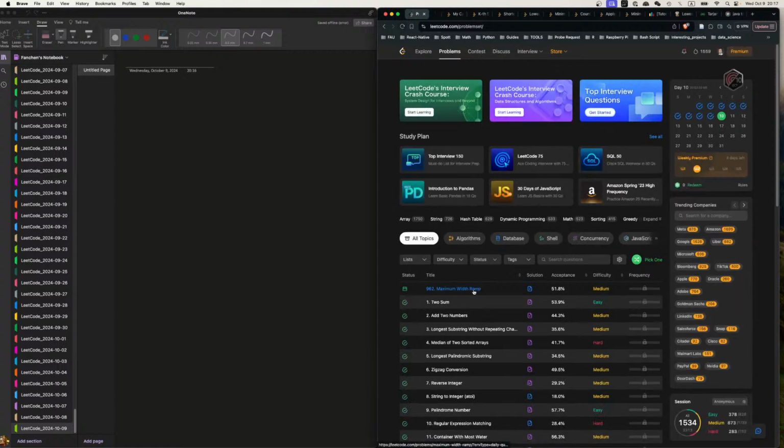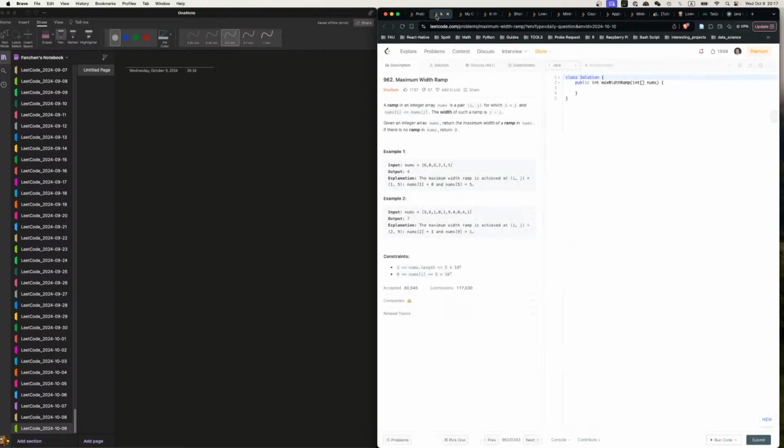Maximum width ramp. A ramp in an integer array nums is a pair where i is smaller than j and nums[i] is smaller than nums[j]. The width of such a ramp is j minus i. Given an array, what is the maximum width of a ramp in nums? If there's no ramp,